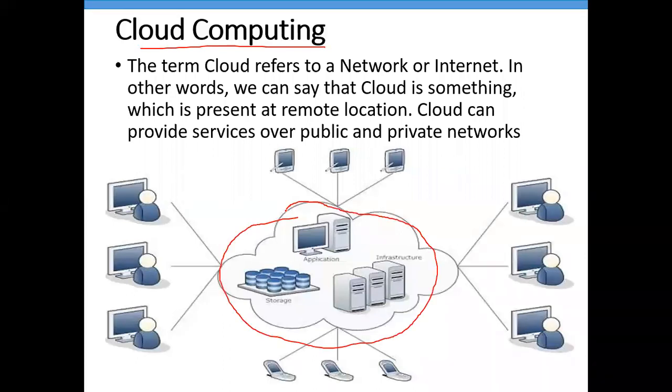I can access this cloud from any part of the world. I can access this cloud from the public internet, the same public internet we are using on our mobile phones right now when I'm connecting to Zoom. The word we use for a VPN is a private network. So I can access this cloud from the public internet or from a private network, from any device: our laptops, computers, tablets, or mobile phones, wherever we want, from any part of the world.